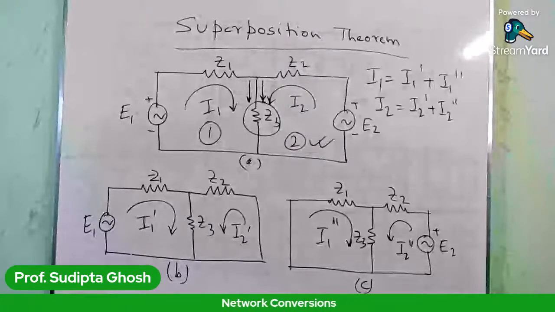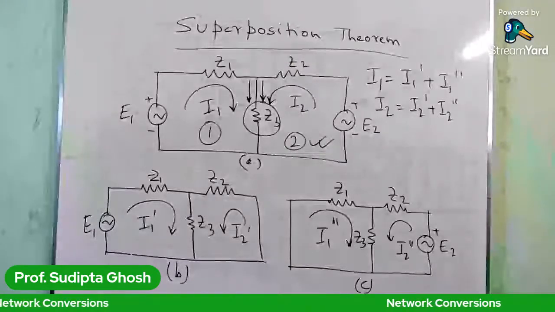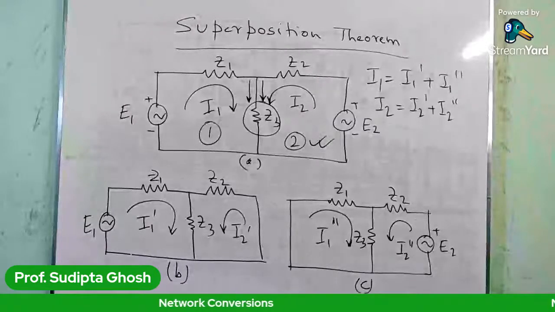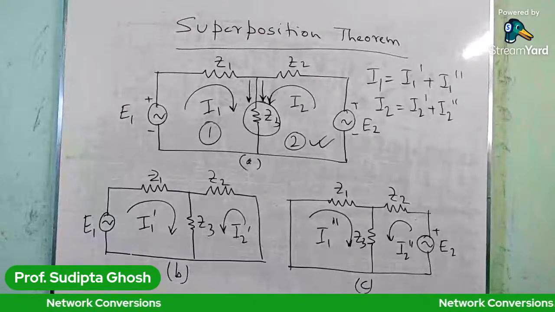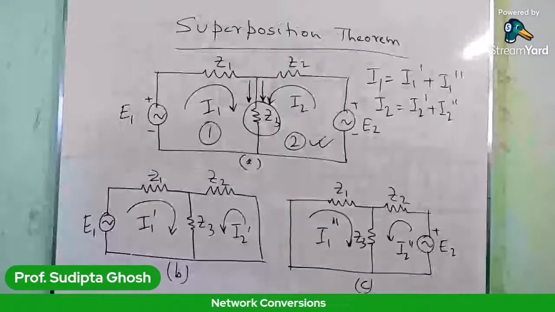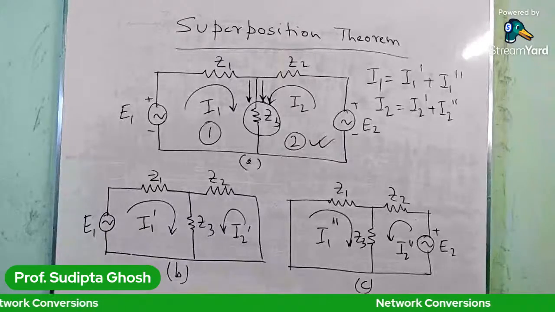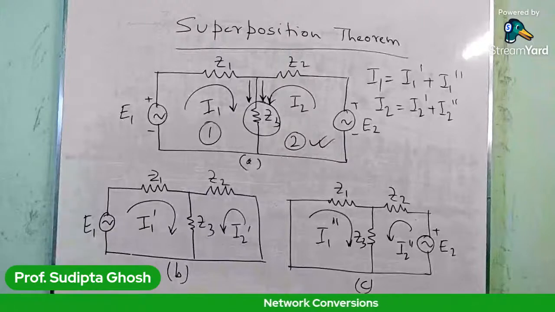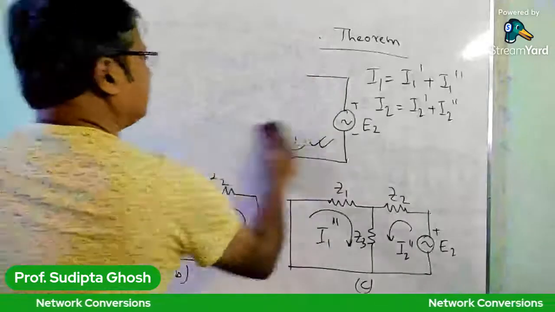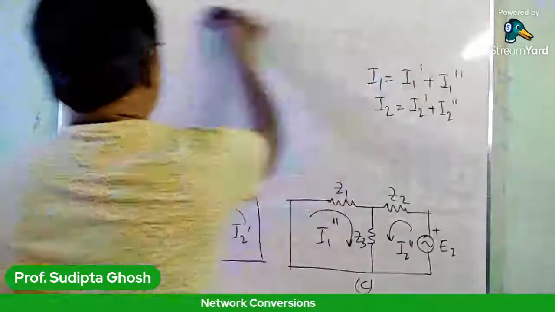So we can readily write the values of I1 prime. What is the value of I1 prime here? You can find the value of I1 prime as simply (Z2 plus Z3) divided by (Z1 Z2 plus Z2 Z3 plus Z3 Z1) into E1. So I'm going to wipe this out and write the values of I1 prime, I1 double prime,